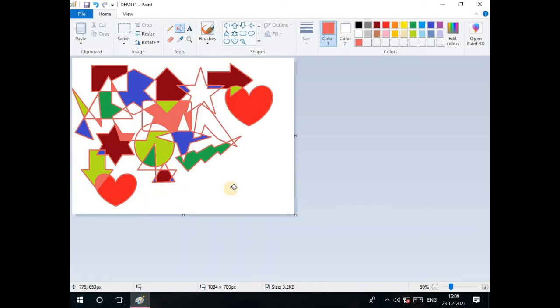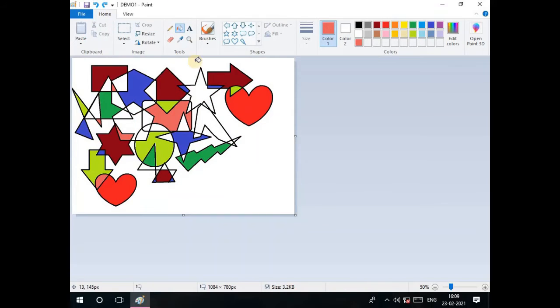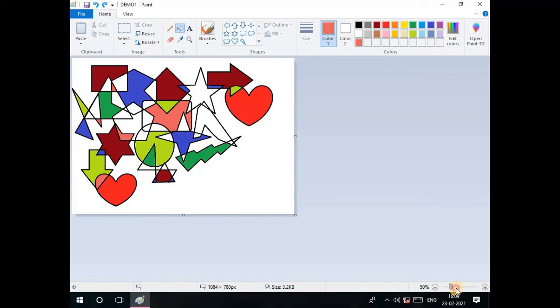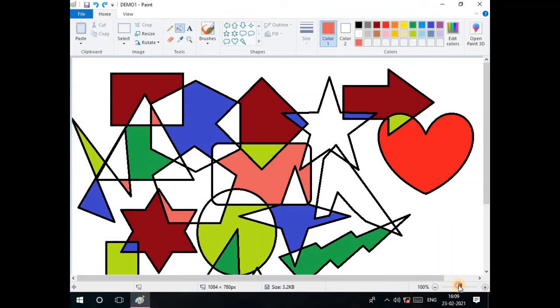So what do I have to do again? You can see this arrow, the undo arrow. So again it comes in the black shade. Why? Because we can undo with the arrow. So now